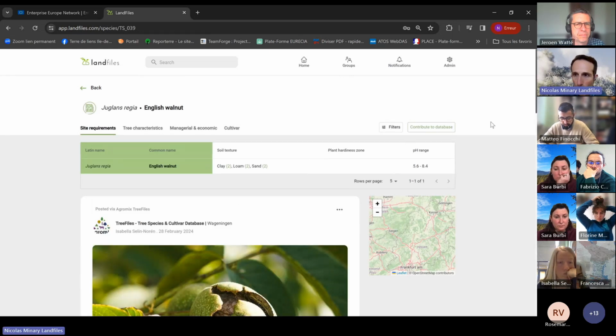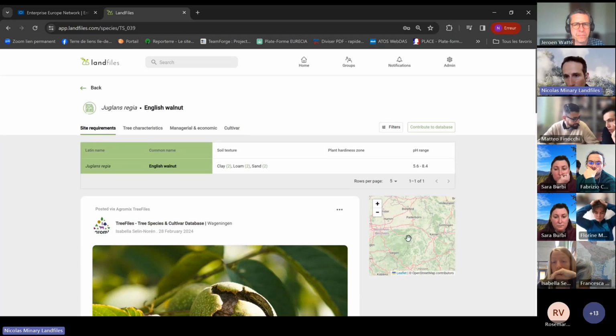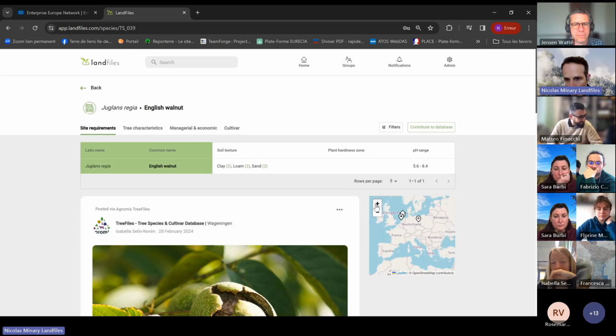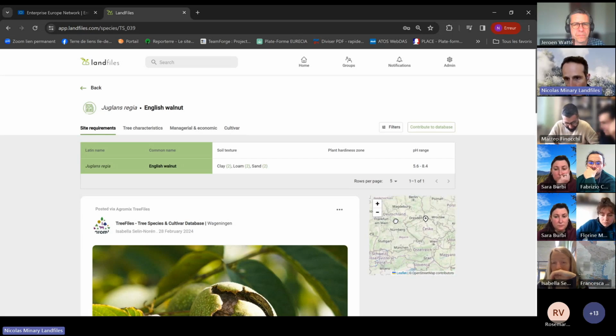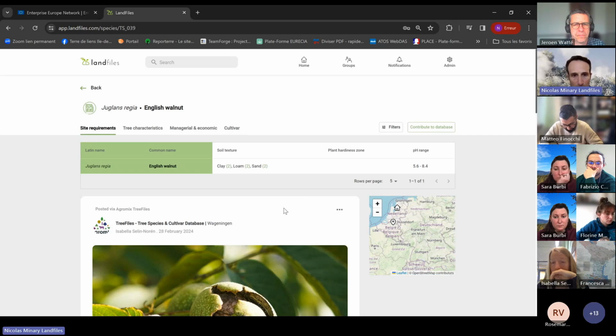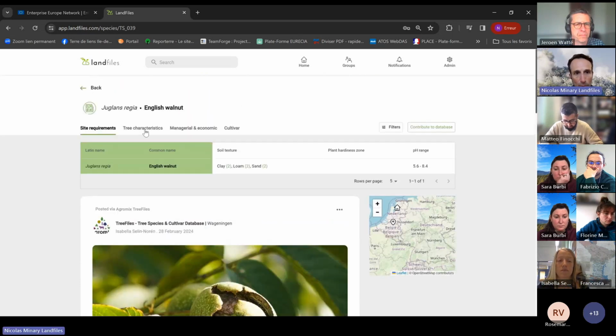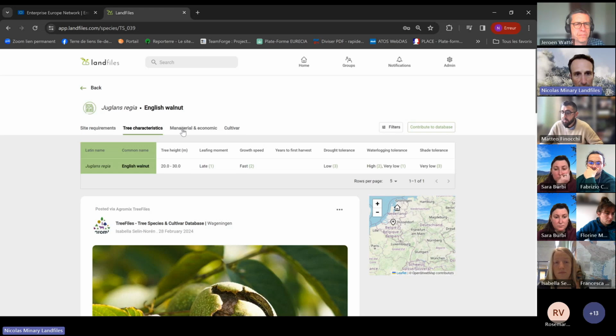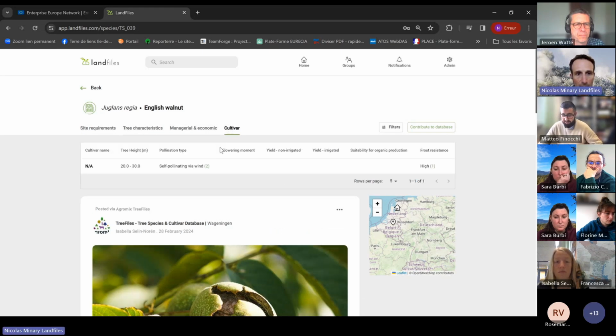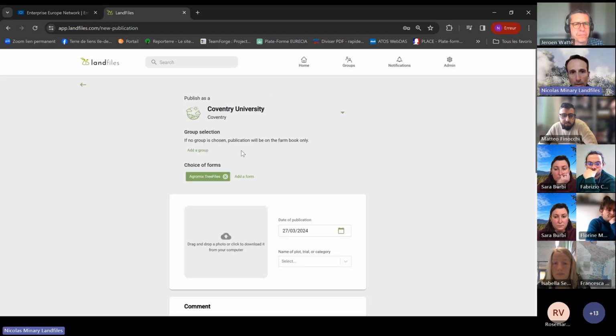On this page you will see, so this is still in progress, but on this map you will see all the different observations. So we've got some observations here, quite few, but we have observations here. We have also some pictures, and you can navigate through the different characteristics and see the cultivars. And then you can click, if you want, on this button, contribute to the database, to go on this page